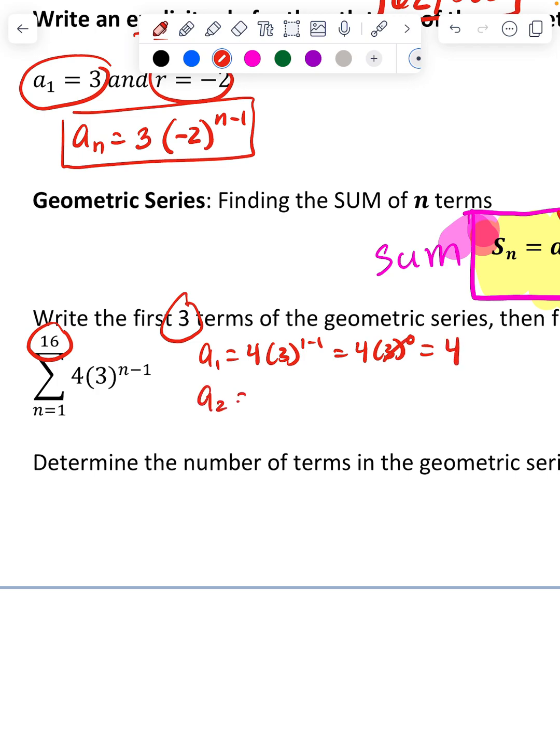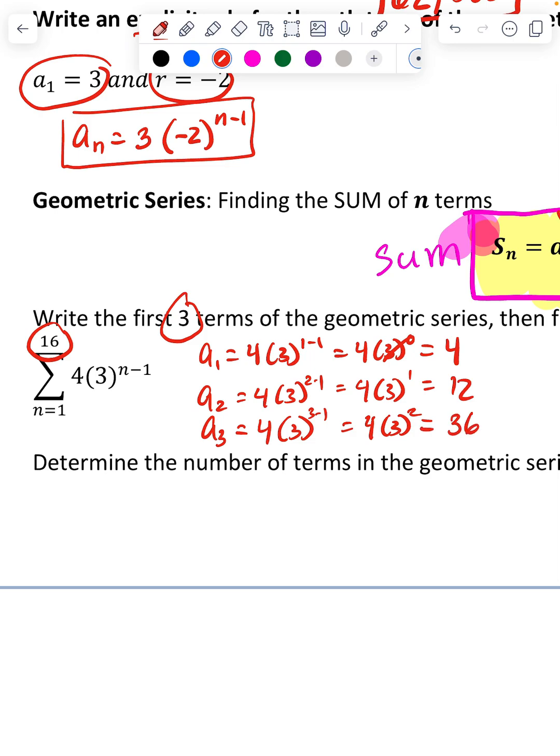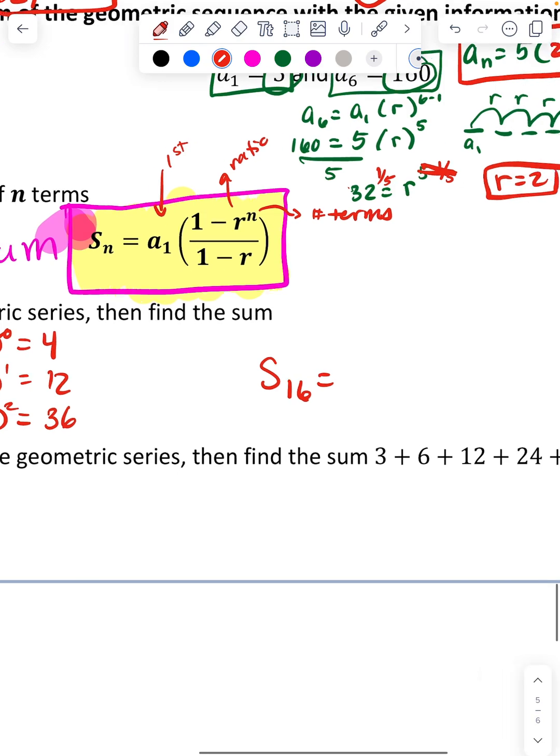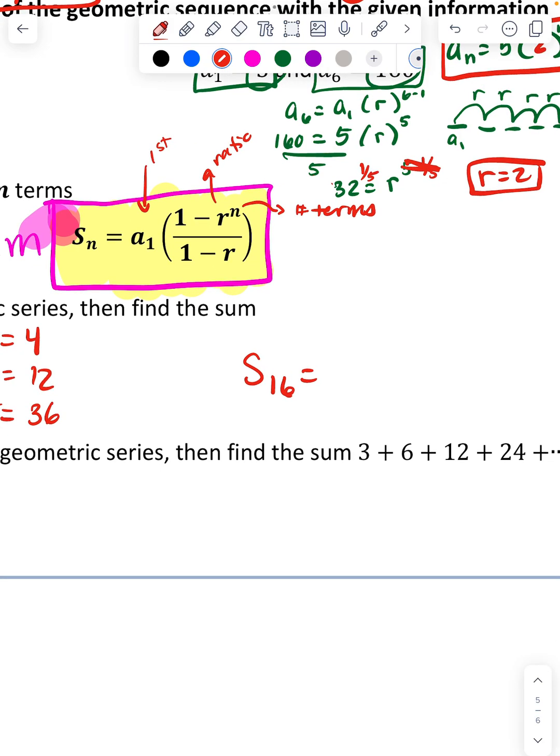Here we're going to plug in a 2, so that's going to be 4 times 3 to the first power, so 12. And the third term is 4 times 3 to the 3 minus 1, so 4 times 3 squared, so 4 times 9 is 36. And then I'm not just adding those 3 up, I'm adding 16 of them up, so I have to use